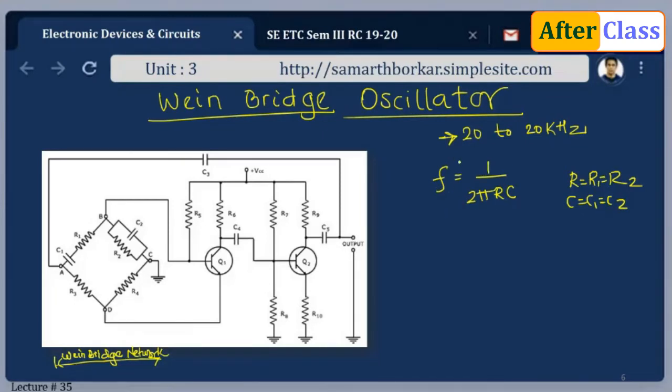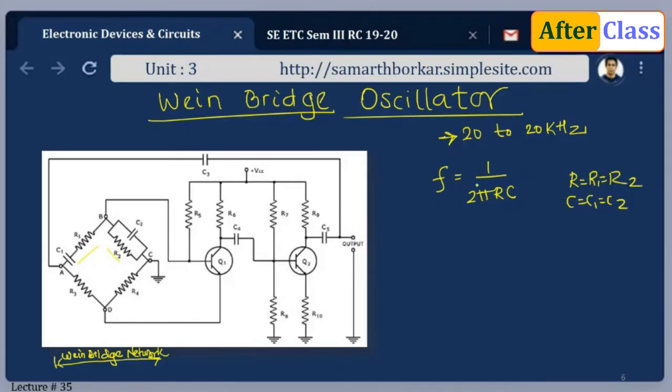Now, this frequency term purely depends upon R and C. Which R and C? These components, R1, C1, R2, C2. R3 and R4 have other functions to perform. Fine, we'll discuss this later. The frequency is independent of your transistor because there is no transistor element here. Frequency is independent of your VCC. There is no VCC term. So this equation tells you so many things. Just look at the equation and you can make out this circuit frequency is purely dependent upon R and C.